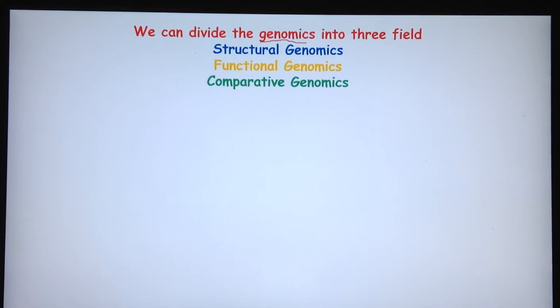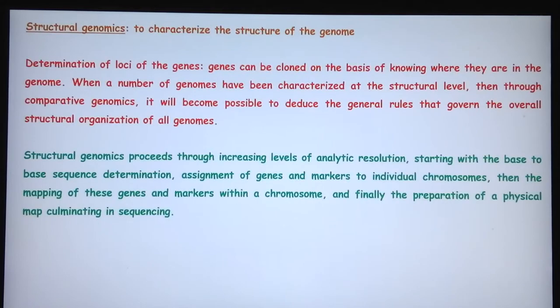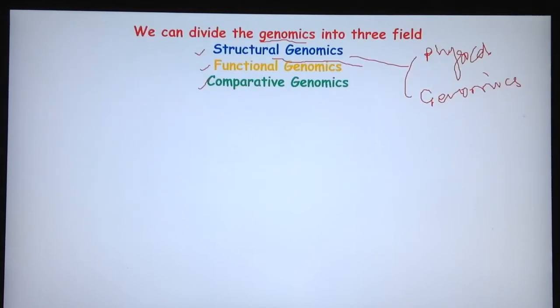So genomics can be divided into structural genomics, functional genomics and comparative genomics. Structural genomics basically deals with physical and genetic mapping. So we have physical and genetic mapping which are done in structural genomics, and in functional genomics basically we tend to come up with the function of the DNA, or the functional part of the DNA, we refer to it as gene. So identification of the gene and its function, what kind of protein it is going to encode, all that part will come in the functional genomics.